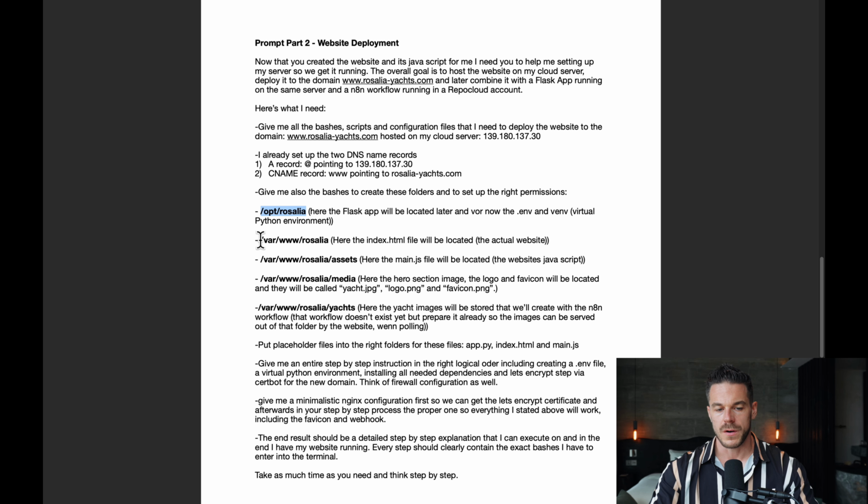Then we want the folder /var/www/rosalia. Here the index.html file will be located, the actual website. Okay. Then we want the folder /var/www/rosalia/assets. Remember, ChatGPT already mentioned the assets folder. So here we create it now. And here the main JavaScript file will be located. Then we create the folder /var/www/rosalia/media. Here the hero section image, the logo and favicon will be located, and they will be called yard.jpg, logo.png